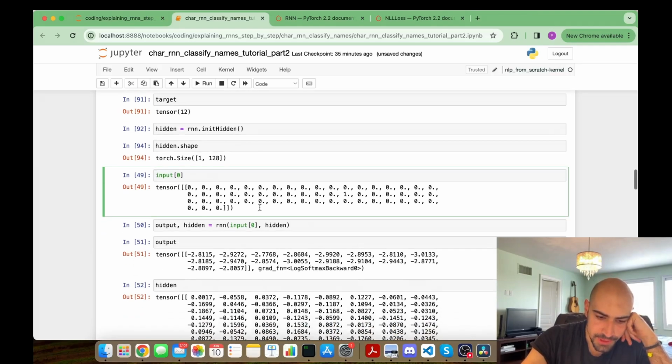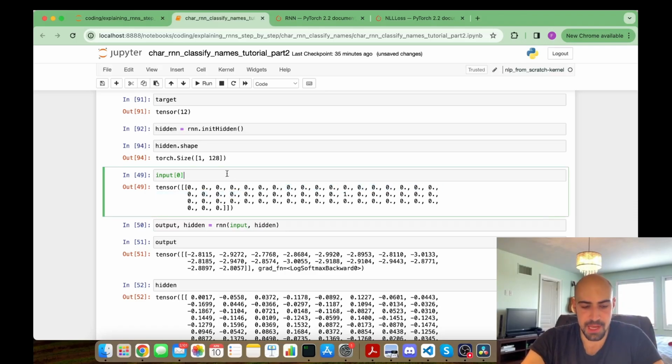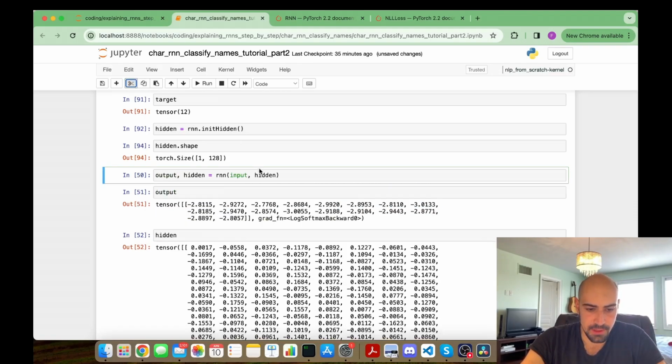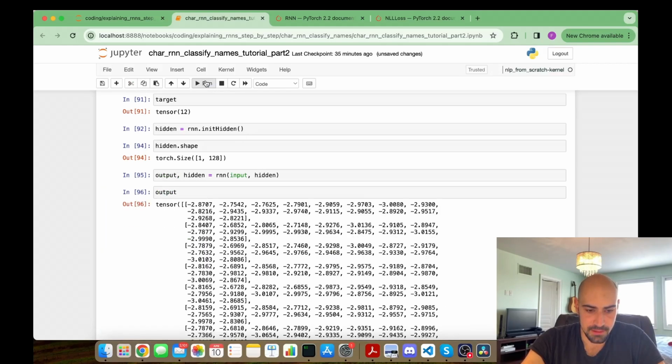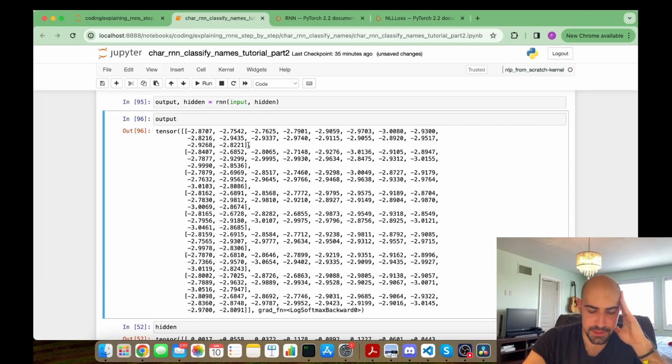Okay, so now instead of passing in the input at a time step, we just pass in the entire input. And okay, now you'll see that something important changed. Our output before was just a single one of these values because we generated multiple outputs and we took the last one at the last time